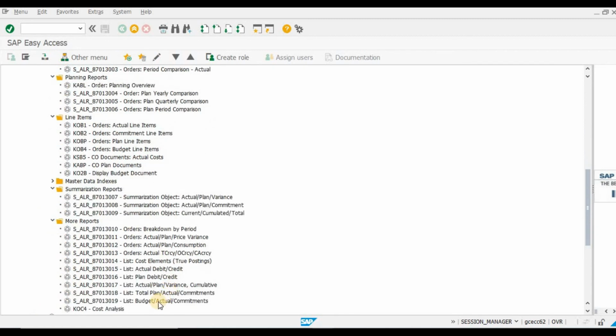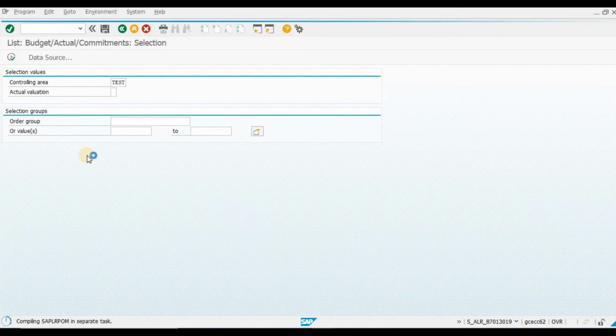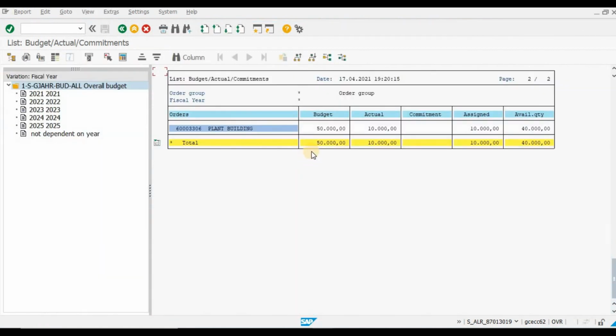Let me check again. More report, budget actual commitment, because there are very few reports for the controlling area. So see, this is a budget and this is actual. 2021, 10,000, 10,000 actual assigned.